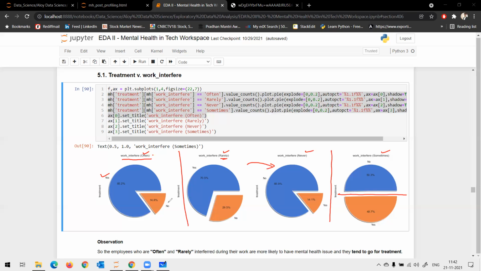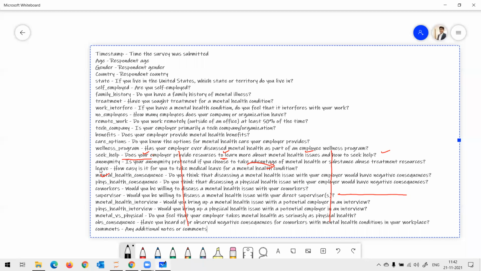Take a step back and see the question. The question here is, if you have a mental health condition, do you feel that it interferes with your work?